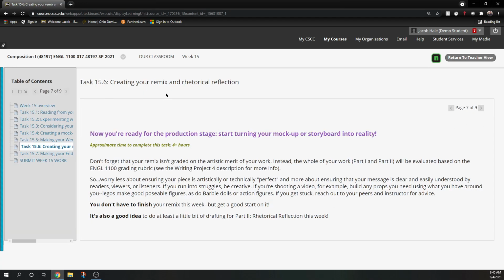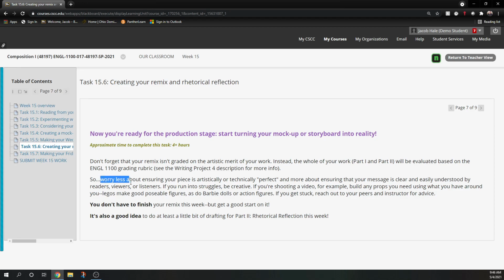For task 15.6, you're going to create your remix and rhetorical reflection. And again, don't forget that your remix isn't being graded on artistic merit. Instead, the whole of your work, both parts 1 and 2, will be evaluated based on the grading rubric that we have been using. You can see the Writing Project 4 description for more info on that.